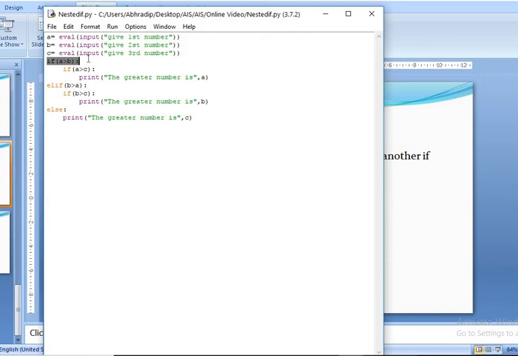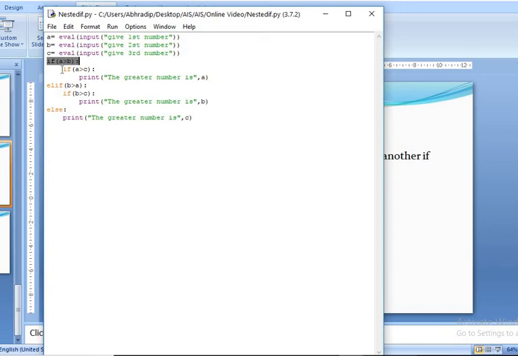Let me clear it up. I first check whether A is greater than B or not. If A is greater than B, I go into that if condition and check whether A is greater than C or not. If it is also greater than C, then the greater number will be A. Else, if B is greater than A, then I check whether B is greater than C or not.